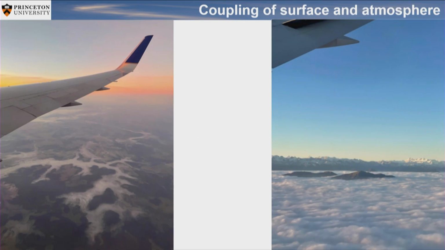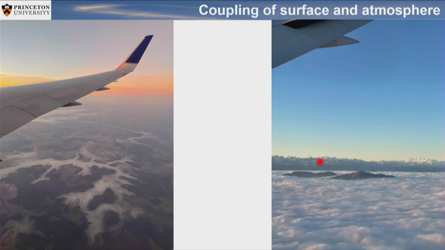A second part that is interesting in Manabe's result is that they assume you have basically a connection between the surface, so the surface would be the initial conditions for the entire column. But if you think about the real world, this is just two pictures. This one is over Switzerland. And you clearly see that the boundary layer here is decoupled from the overlying free troposphere. There is no connection in this situation.